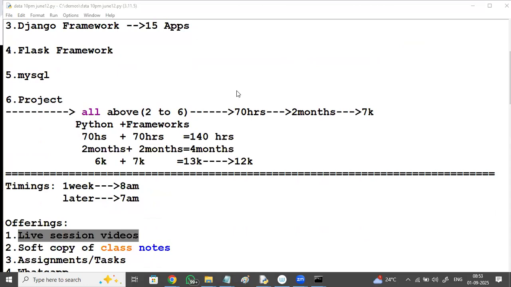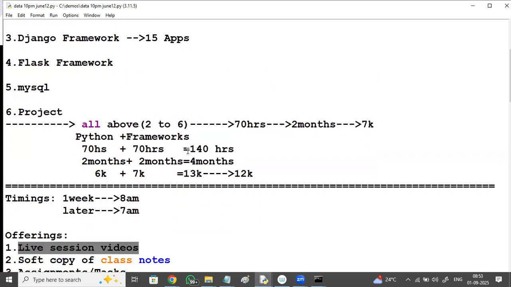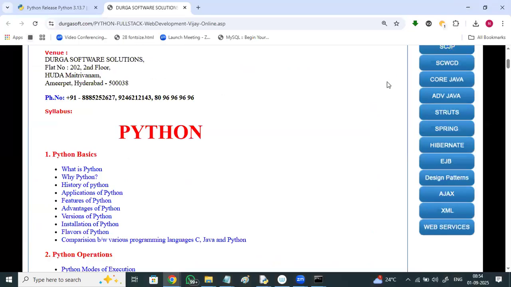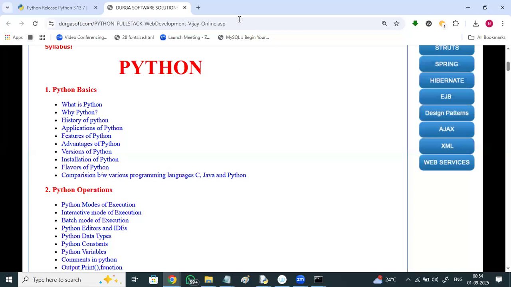You will be getting all the session videos in your Google Drive once you get enrolled. People who enrolled for Python Full Stack will get all 140 videos. For Python Core, you'll get 170 videos in your Google Drive. You can only play the videos, you cannot download them. If you're absent for a couple of days, you can go through the videos and attend the next session for better understanding. Soft copies of the notes will also be provided.